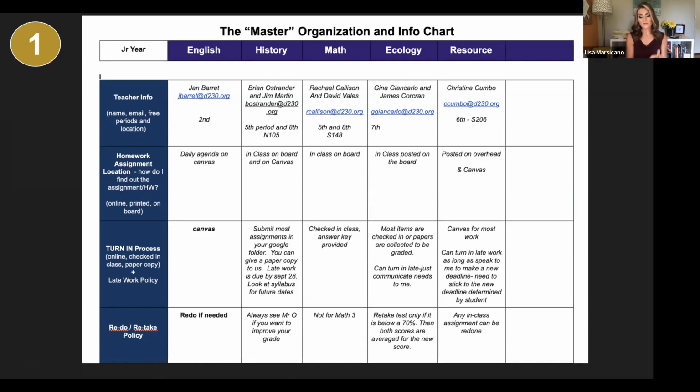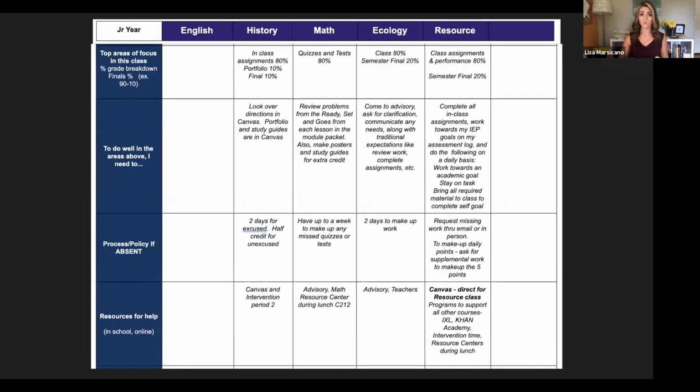Okay, it might be that you have to, up until the test for that chapter, retake the quizzes or redo the work. So make sure you know when and what that looks like and what the process is. Usually there's some kind of process you have to go through, like write out what you did wrong, what you'll do differently next time, show some of the assignments, then they'll allow you to retake a quiz or test. So make sure you understand the exact process and the deadlines associated with that.